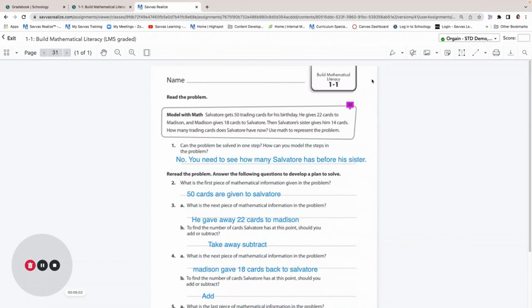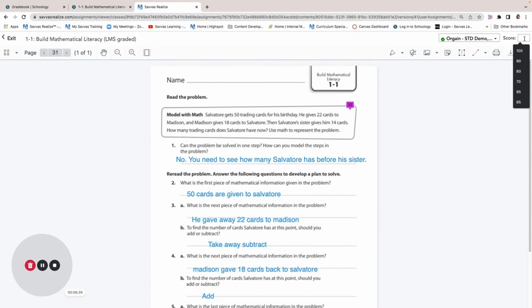When I'm ready to go ahead and score, up in the top right-hand corner, I see the student's name. I see an empty score button. Now, once I put in the score, we want to use a scale of from 0 points to 100 points. If, for example, your Schoology settings are different, if you have it from 0 to 10, that's okay. Schoology will automatically change the grade to your grading system. But while you're grading in Savvas Realize, I recommend you use a scale from 0 to 100, and Schoology will